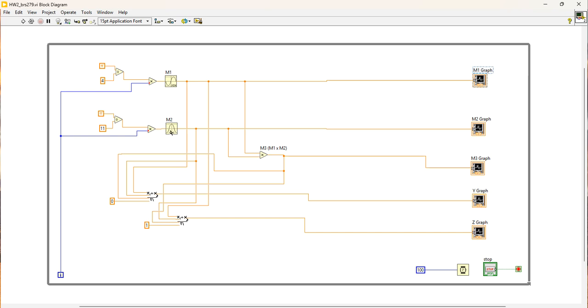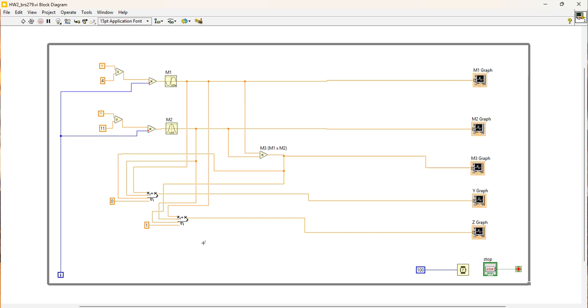And then the M2 function is the cosine of pi over 11t. So the only difference here is that here is the calculation of pi over 11 instead of pi over 4. It still takes the loop iteration and multiplies that by this value, but then it's fed as the argument of a cosine function instead, which is then fed over here to another output graph. And then we just take M1 and M2 and multiply them together here to form M3, and then that's fed